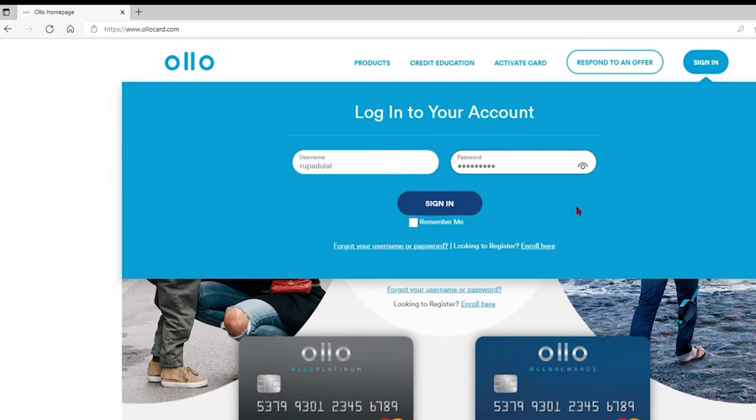In case you don't remember it, you can click on the Forgot Your Username or Password link, which will work for both username and password. Simply click on that link and follow the on-screen prompts in order to look up your username, or reset to a new password. If you've not enrolled for online access for your card, you can click on this Enroll Here link and follow